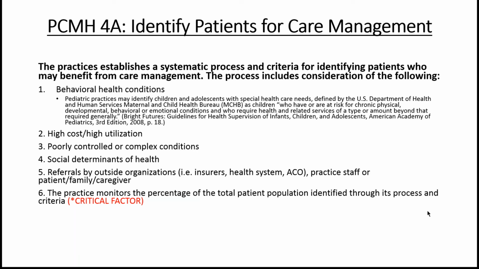organization. Could also be by a family member of the patient that decides that they think their loved one would not be able to go forward with their treatment of care if they aren't helped with someone and assisted by this care management process. Factor 6 is the critical factor, and this is looking at the practice monitors and looks